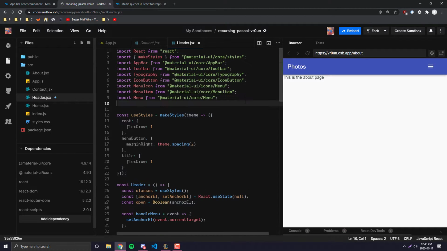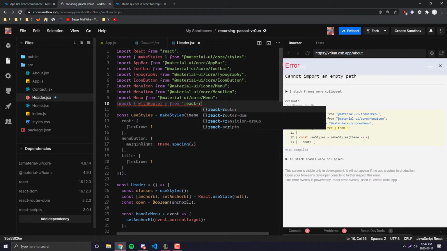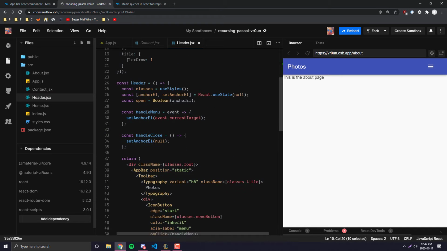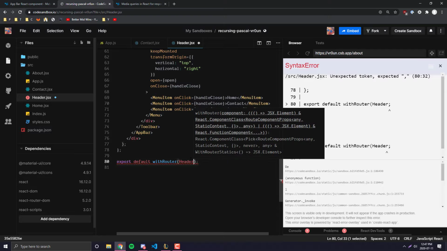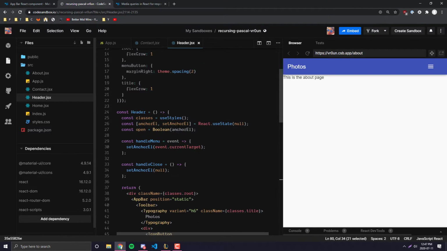Now I'm going to import withRouter from react-router-dom. And if you're not familiar with React Router, I've used it in some of my other videos, but what it'll do is it's a higher order component. And when I wrap my application around with Router, you'll see if I were to query the props for header